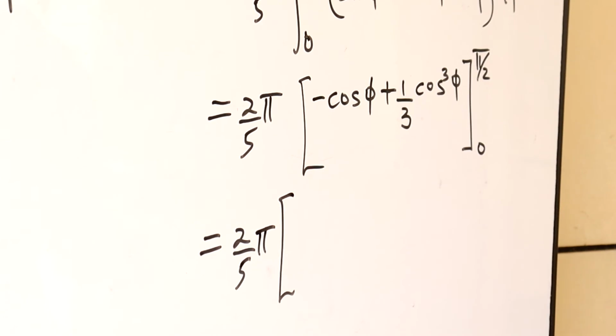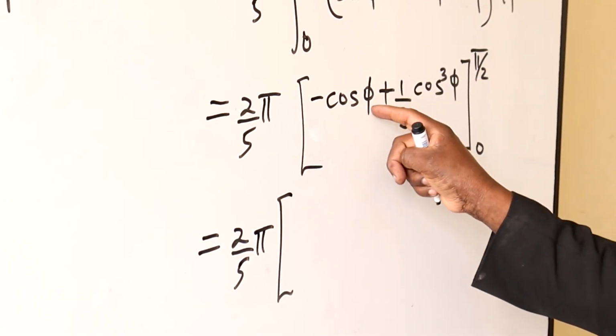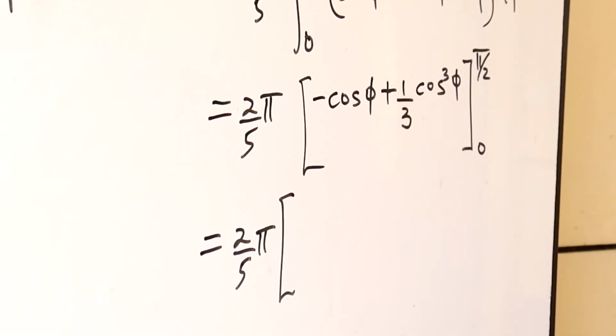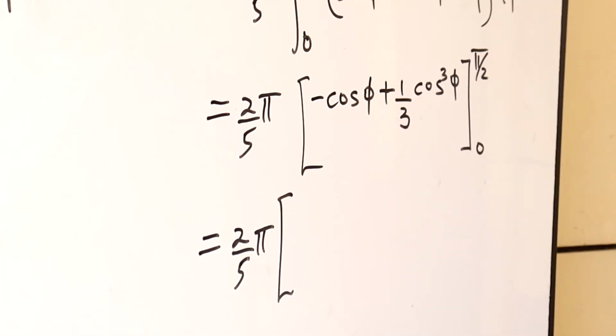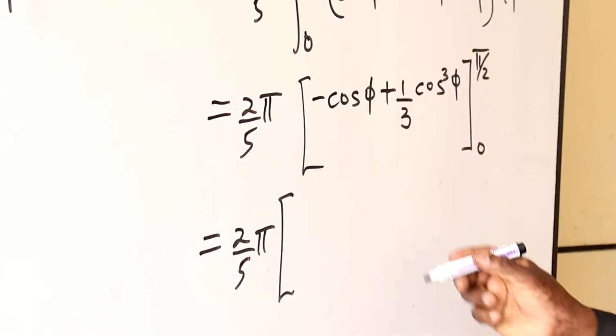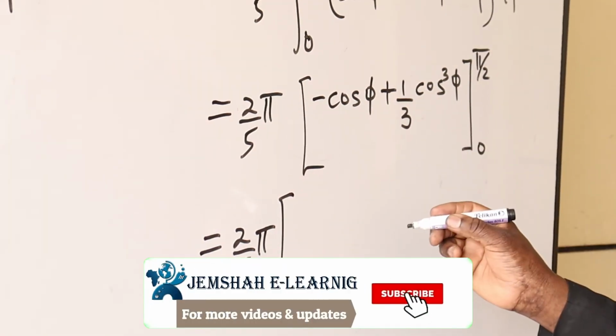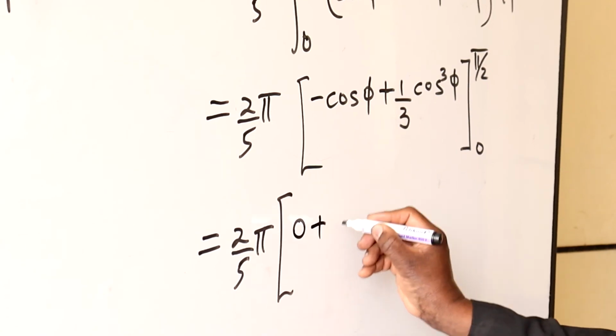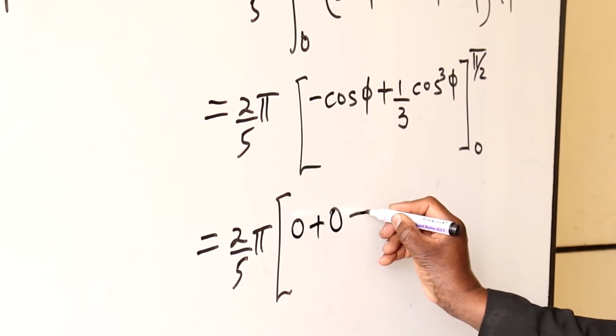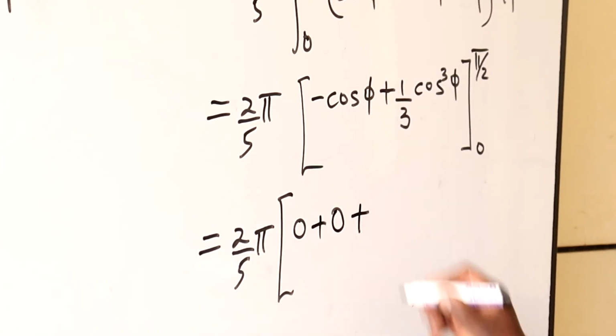Cos pi over 2 is 0, cos pi over 2 is also 0. So we get that as 0, so 0 plus 0 plus